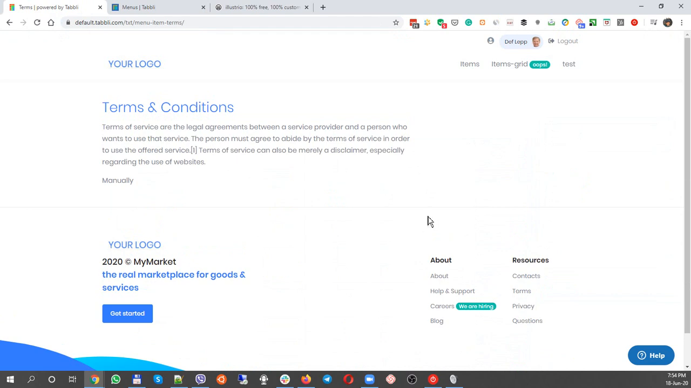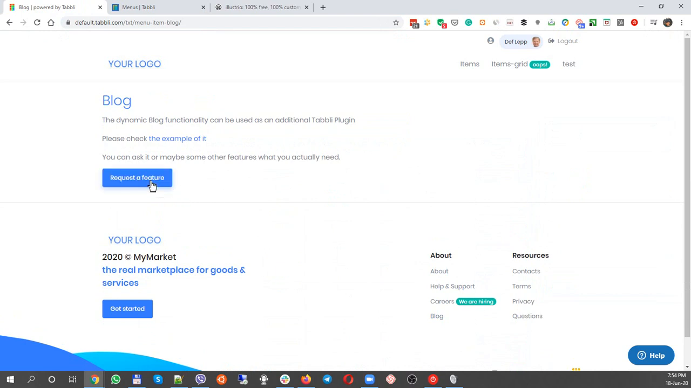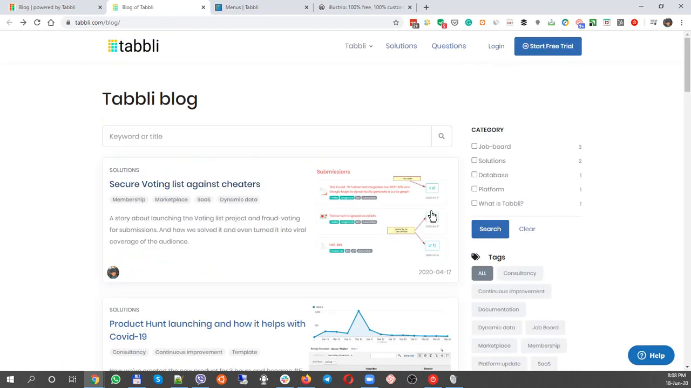If you need some dynamic functionality like a dynamic block, you can request this feature as an additional plugin. Let's look at an example of a dynamic blog. So we can see here not just a list of articles, but also filtration by category, filtration by text. For each article we can see the author and the date of publication,